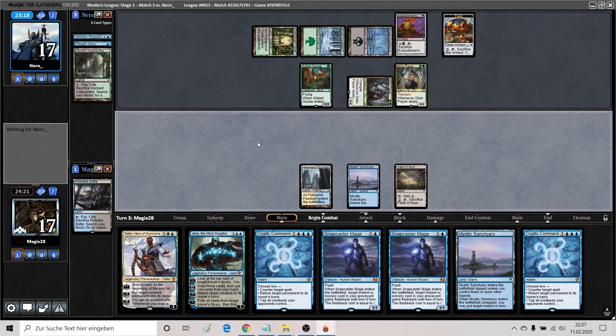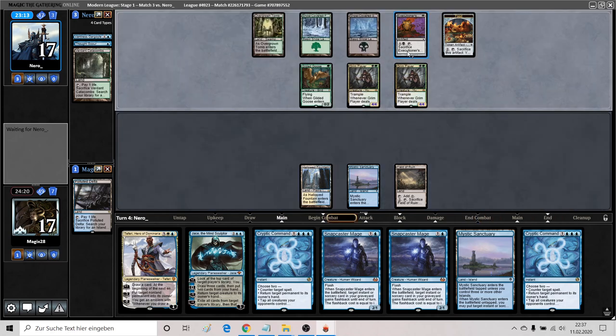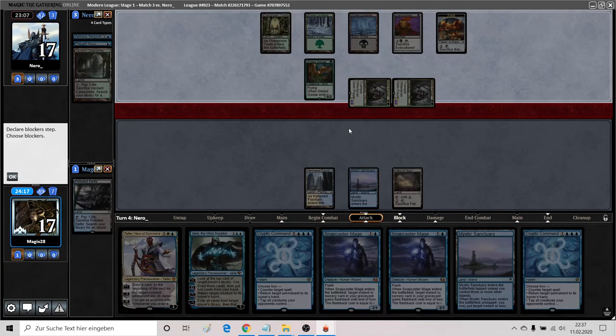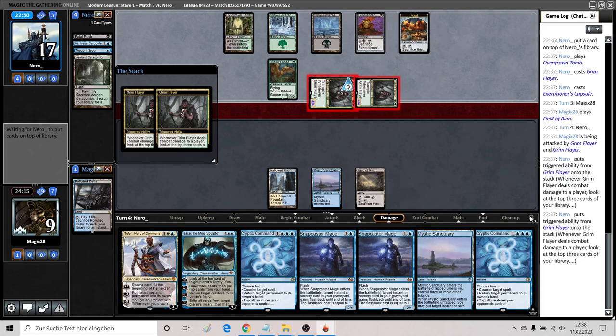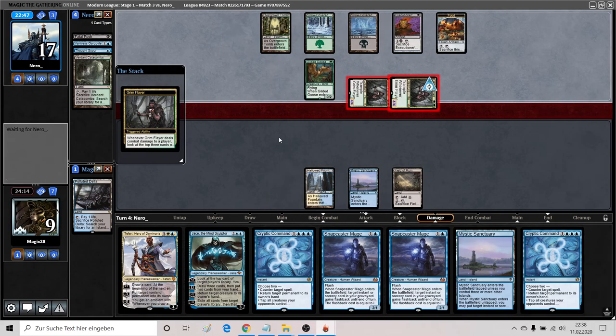Guess we need the third island here. Taking 8 next turn, which is a lot. Blade Capsule doesn't matter. Yeah, hit me, baby. We go to 9. Double Grimflayer trigger. Will he place more creatures? Well, he put one on top, but we will activate the Field of Ruin anyway, so...